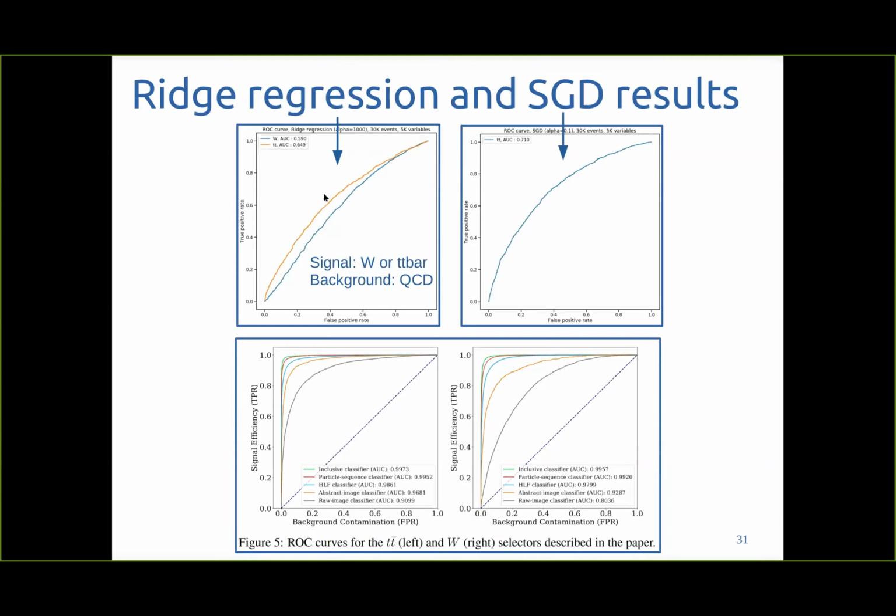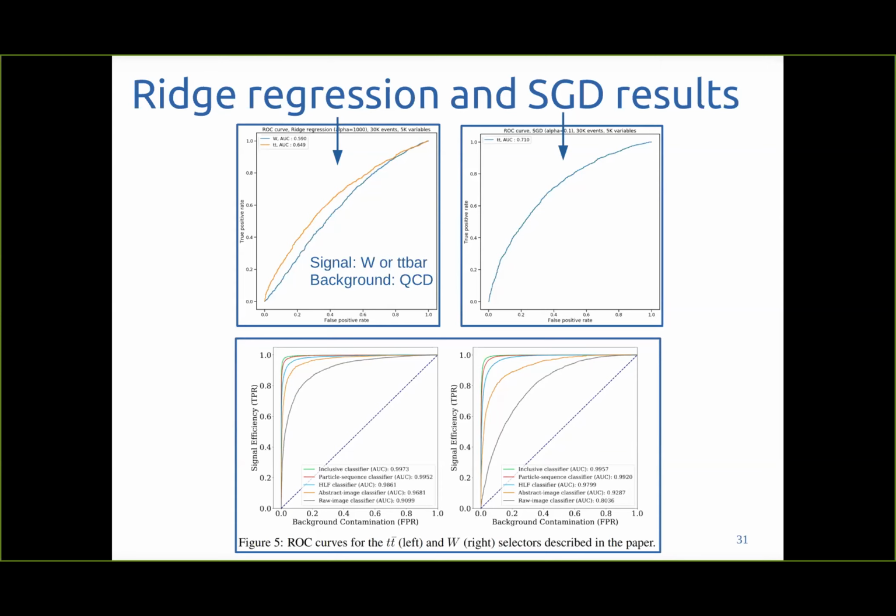I also did some fast study with stochastic gradient descent for TT bar, which is the best result. I obtained 71%. It was something like 60% for W. Sorry, I didn't put it in the plot. It's not competitive once again with the best results, but it makes sense. It's not really stupid, and once again, it's really fast.